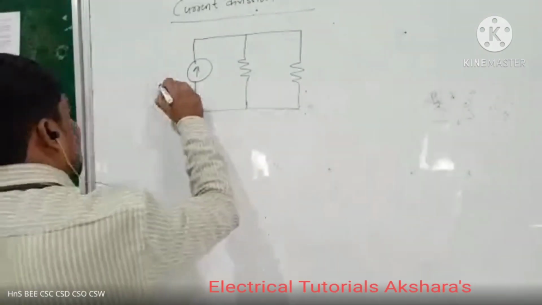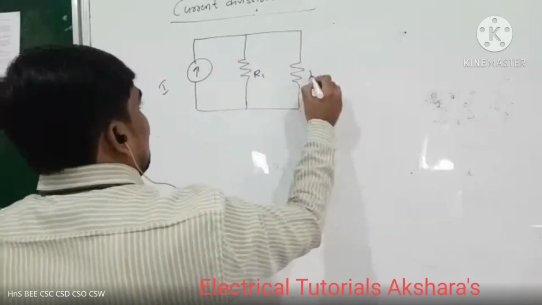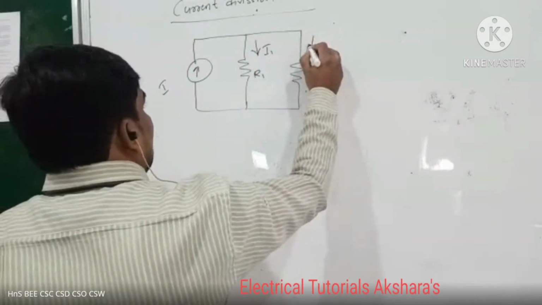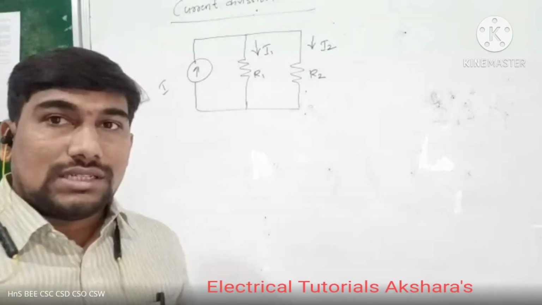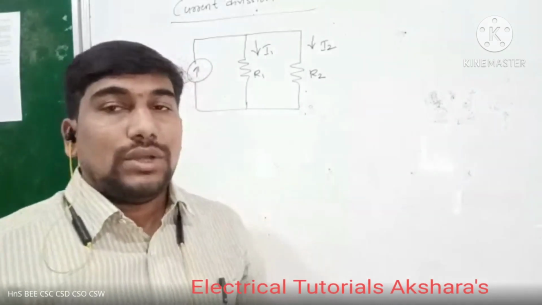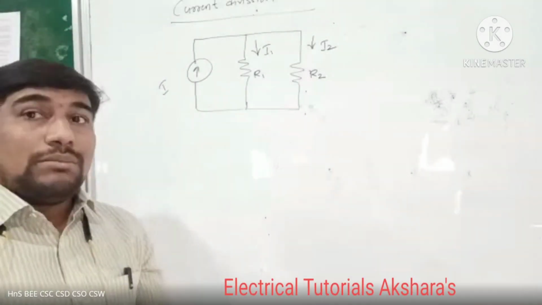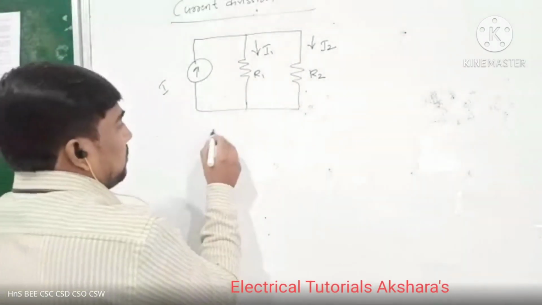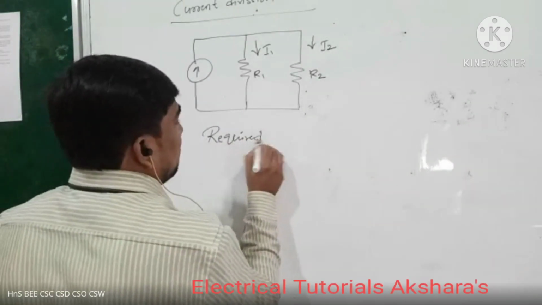For example, I'm taking this current I, this is R1 resistance, and this is R2 resistance. Find the current across R1 resistance as well as R2 resistance by using the current division rule. Before that, I am taking the formula for the current division rule: required current equals